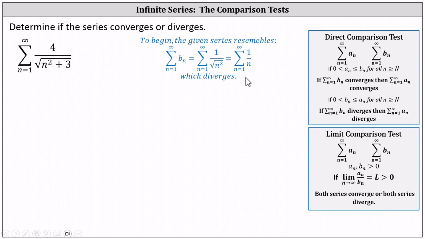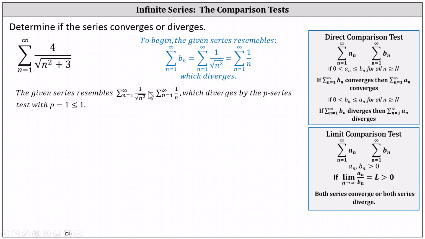Or we can also say the given series resembles the sum from n equals 1 to infinity of 1 divided by n, which diverges by the p-series test with p equals 1, which is less than or equal to 1. Looking at a sub n, I think it'll be easier to use a limit comparison test, where for a quick